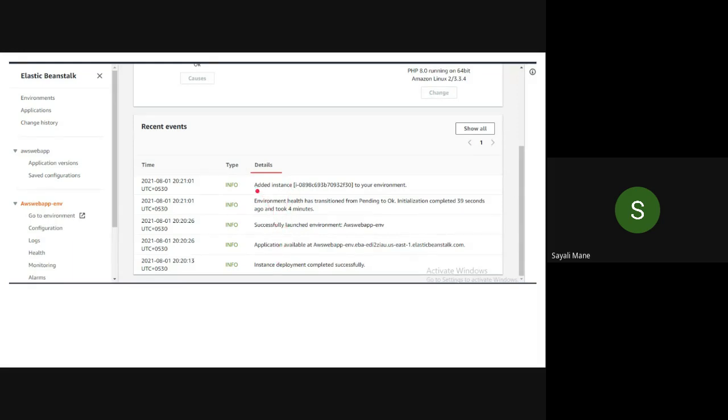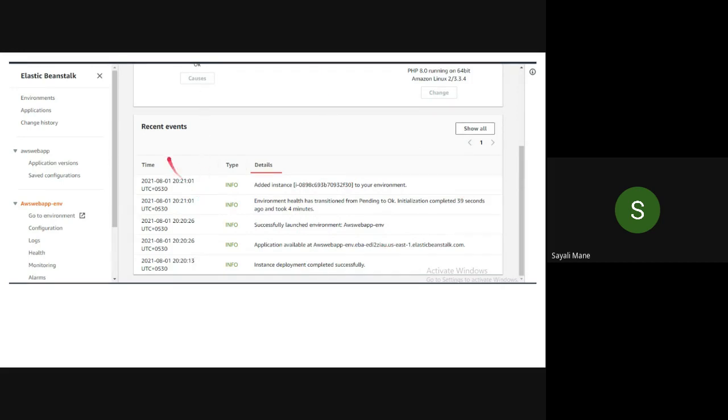They have added an instance to your environment. Then the environment health has transitioned from pending to okay. Then they have successfully launched the environment, and this is your environment name. Then this is the application that is available here. Instance deployment completed successfully. So are you getting these events on your screen?